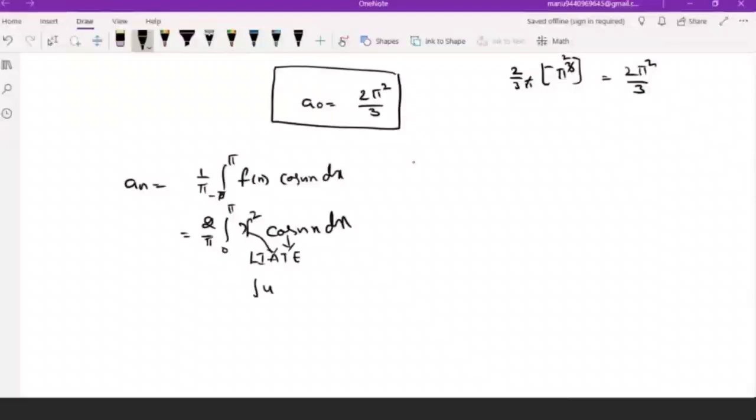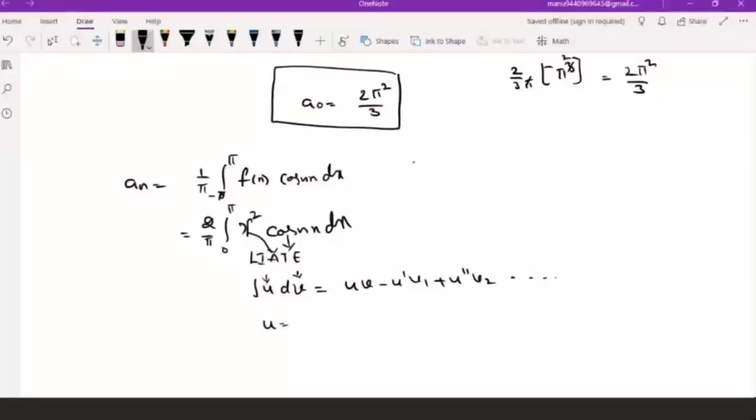Bernoulli's rule is integration of u dv is equal to uv minus u dash v1 plus u double dash v2 and so on. So which function do we take as the first function, and which as the second function? It depends on this word, on the letters of LIATE. In this, which letter is coming first? A is coming first, the algebraic function. X square is the algebraic function. T is a trigonometric function. In this product of two different functions, the first function is the algebraic function. So u is the first function, and dv is the second function.